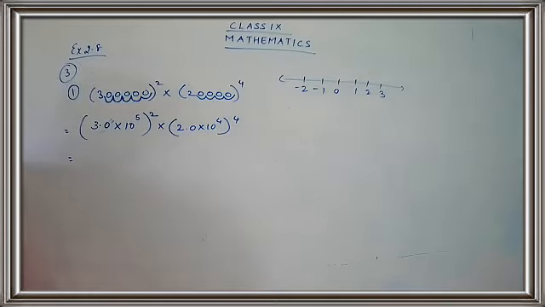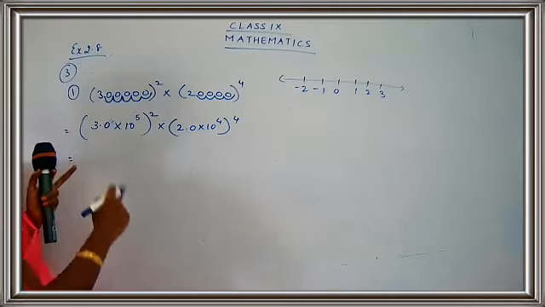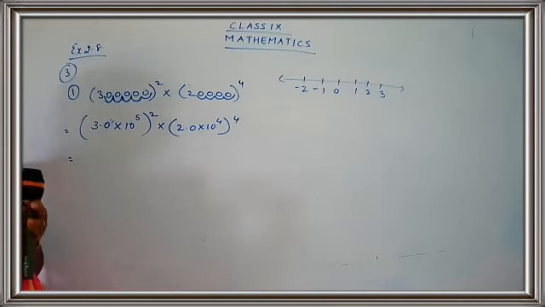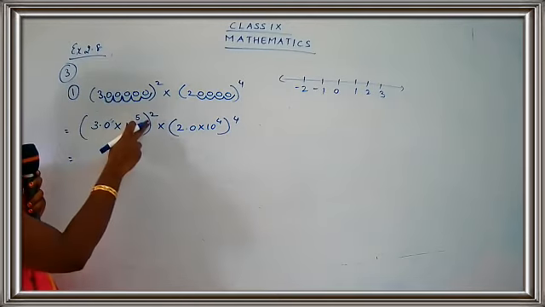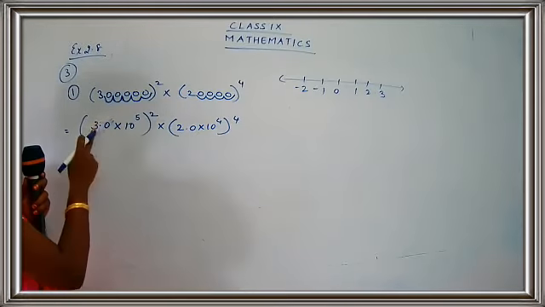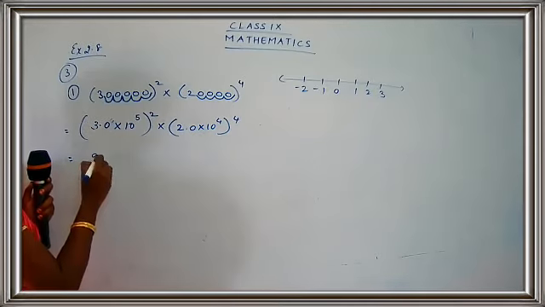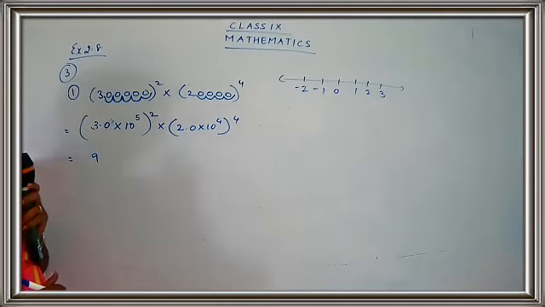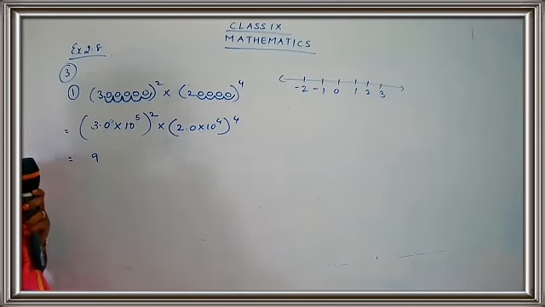Taken down? Okay, now let's start. So now this is a square. That means this number is going to be written 2 times. 3 into 3, 10 raised to 5 into 10 raised to 5. So you have to apply the square for both the numbers. So 3 into 3, this is 3 square, okay children. So the square is for both the numbers. So 3 into 3, that's 9. Coming to 10 raised to 5, the whole square.